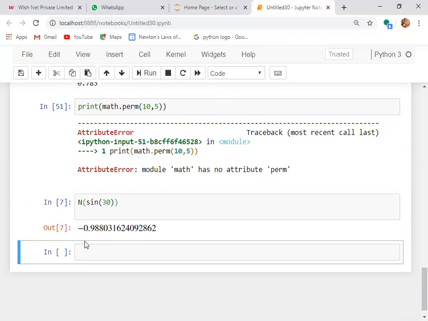So you see that its value is minus 0.9888. You assume that sine 30 degree is half, but why is it giving minus 0.9888? Actually, Python works only with radians. Otherwise you have to convert the radian value to degree. Try to print out what sine 30 radian value is. So sine 30 in radians is 0.988. That's why you have to convert degree into radian and then input that value.